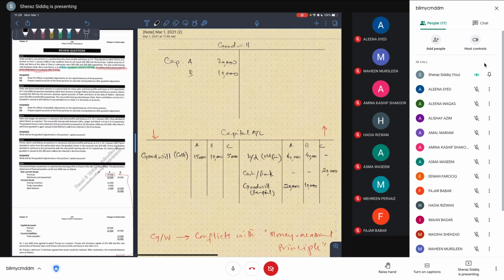Since the new firm's owners are acquiring the going concern status of the old firm, the new firm's owners have to bear the cost of goodwill, and the old firm's owners get goodwill as a benefit, as a reward for the risk they took several years ago, and they have to be paid for it. So these double entries came here, and their double entries will go here, right? So we will have capital accounts for A, B, and C: $15,000, $10,000, and $5,000, right?